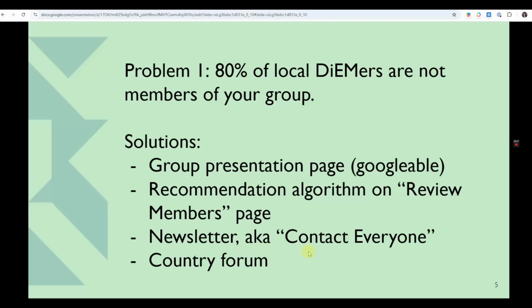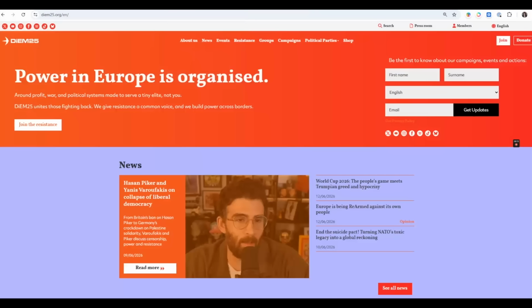So the newsletter, on the Contact Everyone page. Oh, by the way, if you're a complete newbie, you may not know how to find all of these pages. So the idea is you go here to the main page and then you click on Members up there at the top. That's where you get the members area. Or most of our links go to the members area anyway, if you're asked to vote or asked to fill out the questionnaire or whatever.